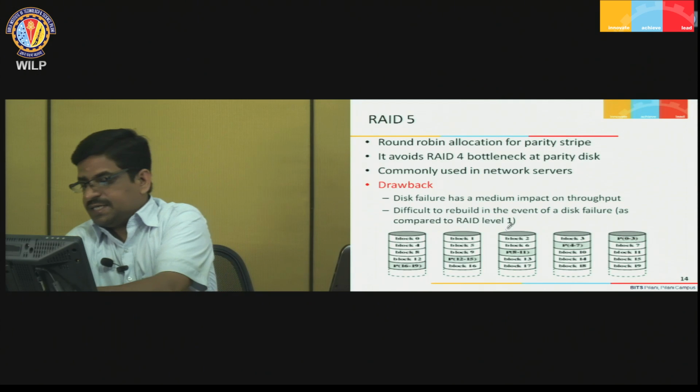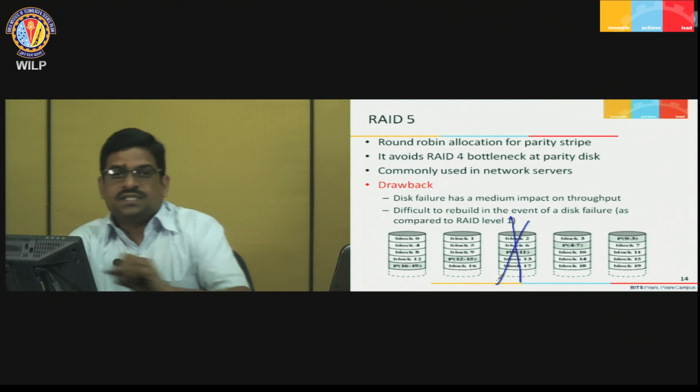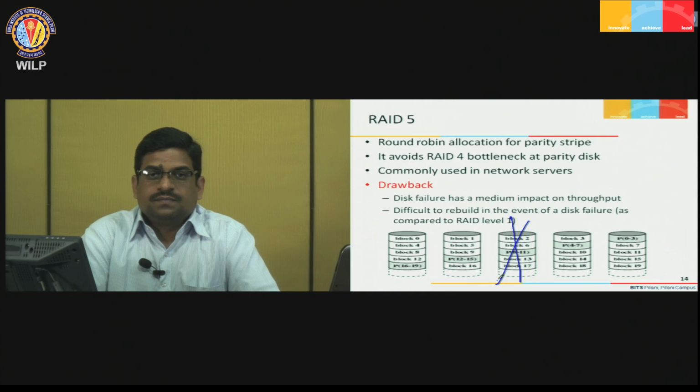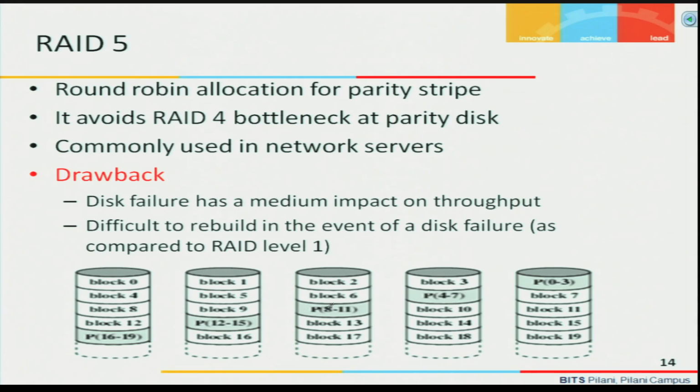Suppose in this case, let us say this disk has failed. If this disk has failed, what did you lose? You lost block 2, block 6, block 13, block 17. So block 2 can be recovered by this parity information, block 6 can be recovered by this parity information,